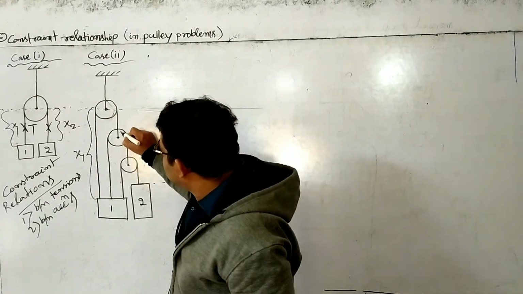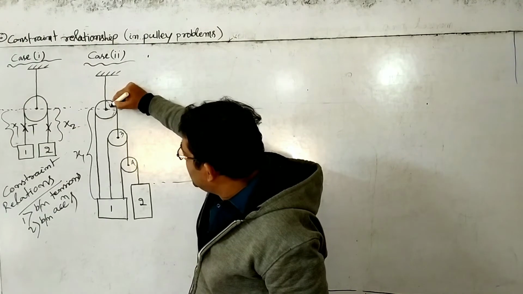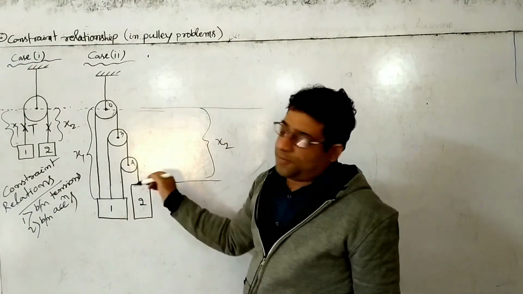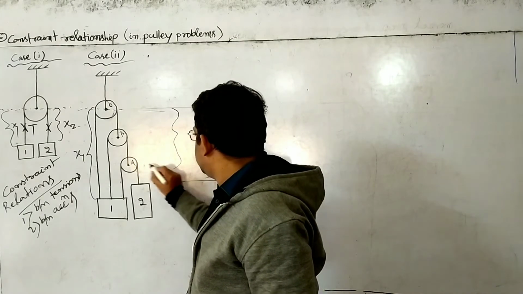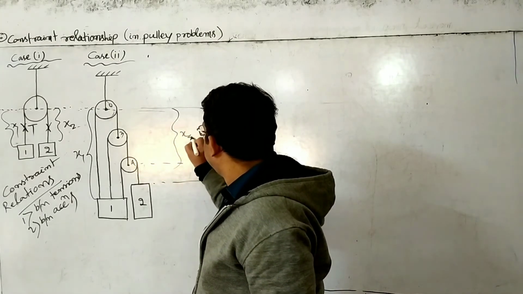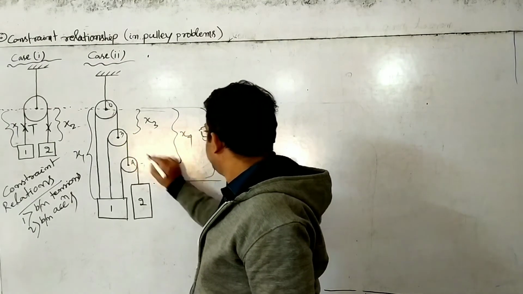Let's give some names. Let us see, this is third pulley, this is fourth pulley. Now, this pulley is fixed, so that's why it's zeroth pulley. 0, 1, 2 is there, 3, 4, third, fourth, let us say. So, from here to here, this pulley is x4, and from here to here it is x3, let us say.